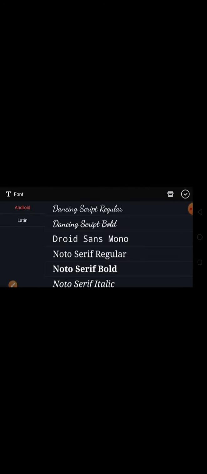Now this is again a layer. You can go to text and write anything. Wait, I'll show you. I'm putting "please subscribe". If you want, you can zoom it. You can put any text. I'm choosing Droid Sans Mono. And you have to always press the tick button. If you want, it can animate, like fade, like how it should come. If you put start, fine.